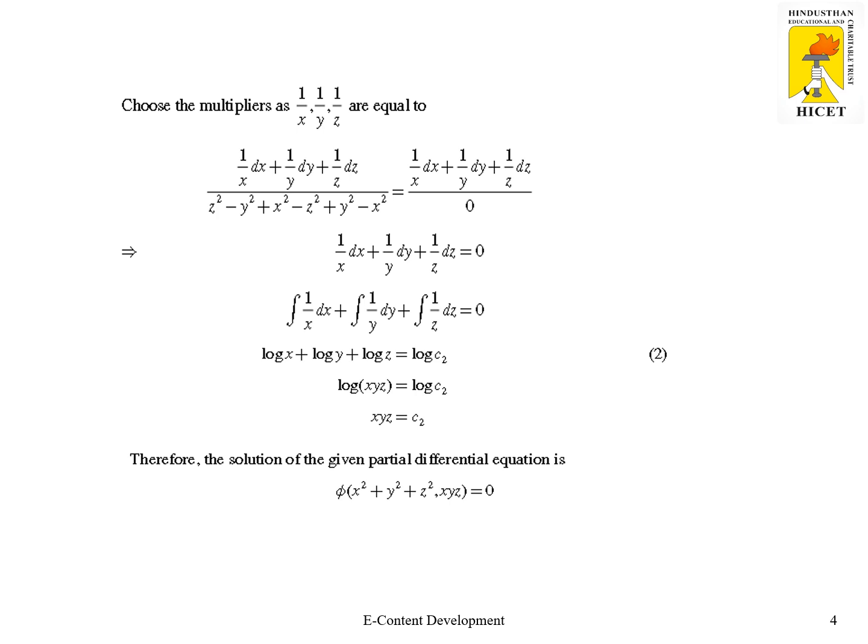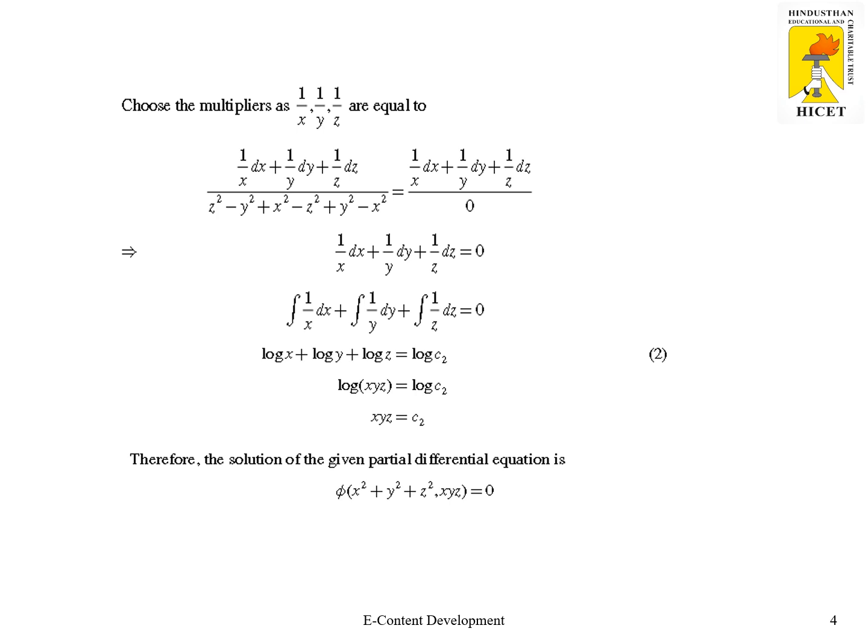What is the integral of 1 by x? Log x. Integral of 1 by y? Log y. Integral of 1 by z dz is log z. Since all these are logarithmic, we can consider the constant of integration also as a logarithm, say log C2. Yes, that is the second equation. By the logarithmic properties, log x plus log y plus log z gives log of xyz, which is on the left side, and on the right side we have log C2. Cancelling log on both sides, we have xyz equal to C2.